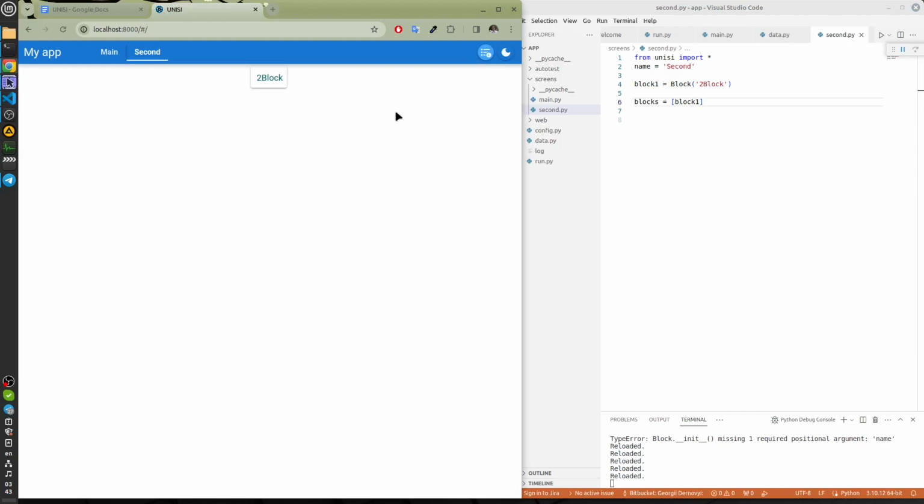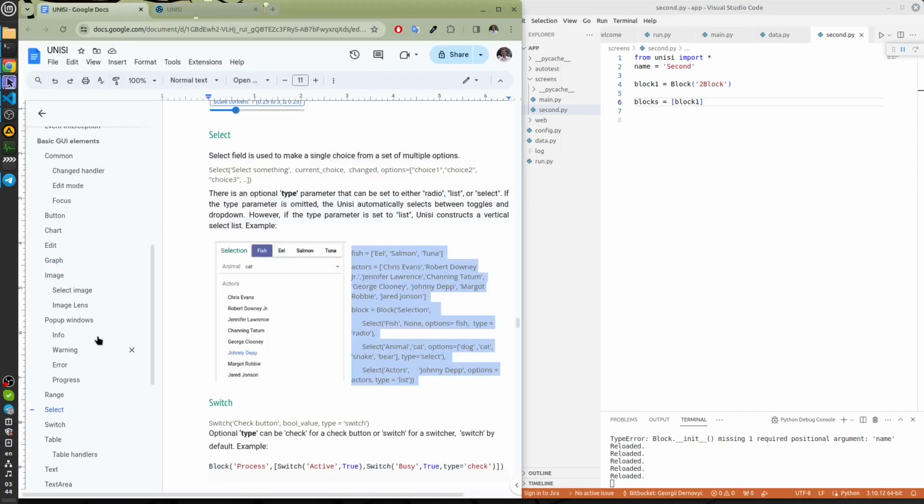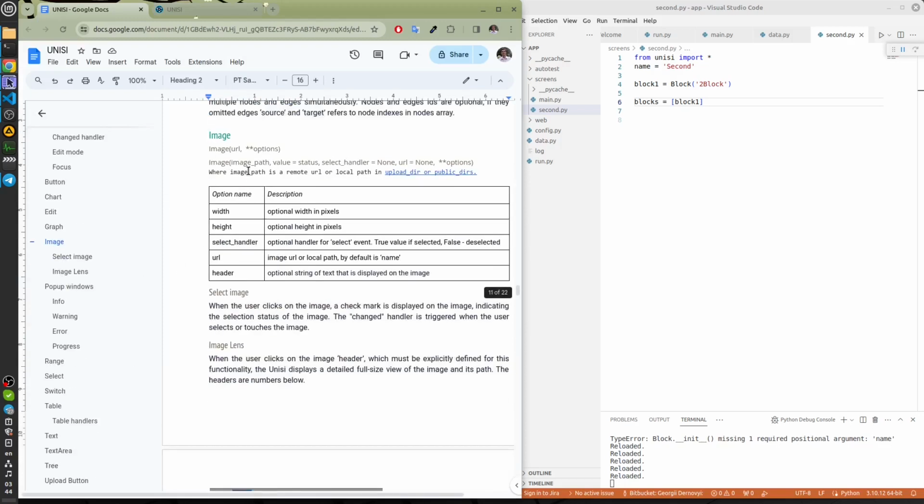Let's add an image there and see what an image is. An image has a URL or file path instead of a name. It can also have a select handler. It can be selected.